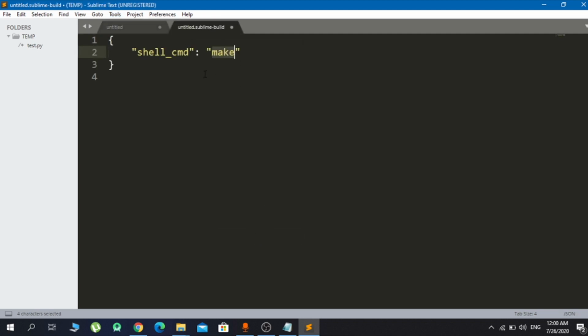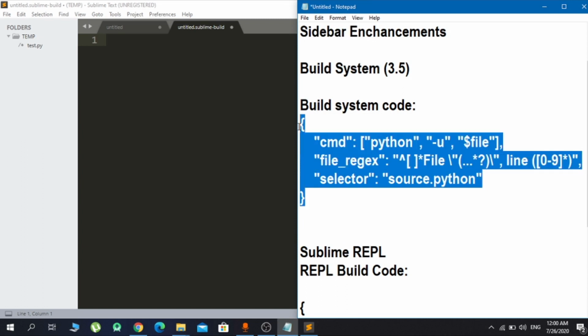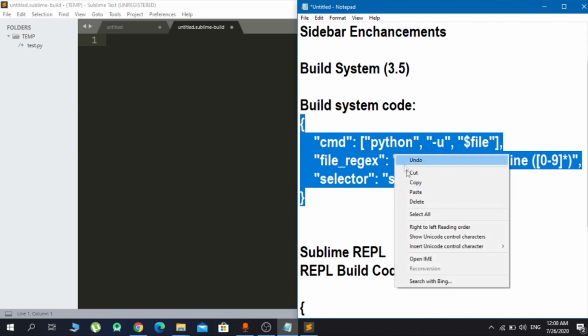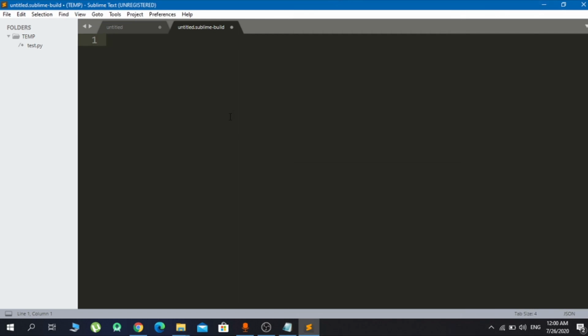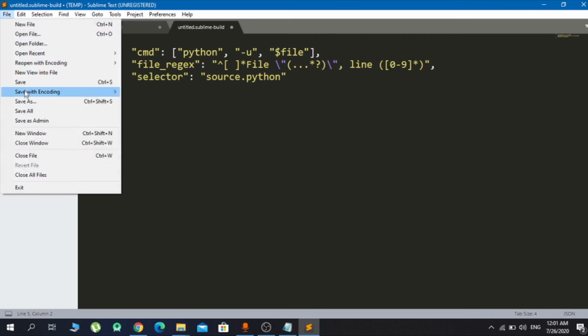Now once you're in here, in the document that says shell cmd make, I want you to erase everything and then go here to build system code. I'll be giving the file in the description, don't worry, I'll give the link to it in the description below. Copy this code from here to here, that is from the opening bracket to the closing bracket. I'm going to copy it and then go over here and paste it. So this is the build system that we're going to use. Just click on file and then save,